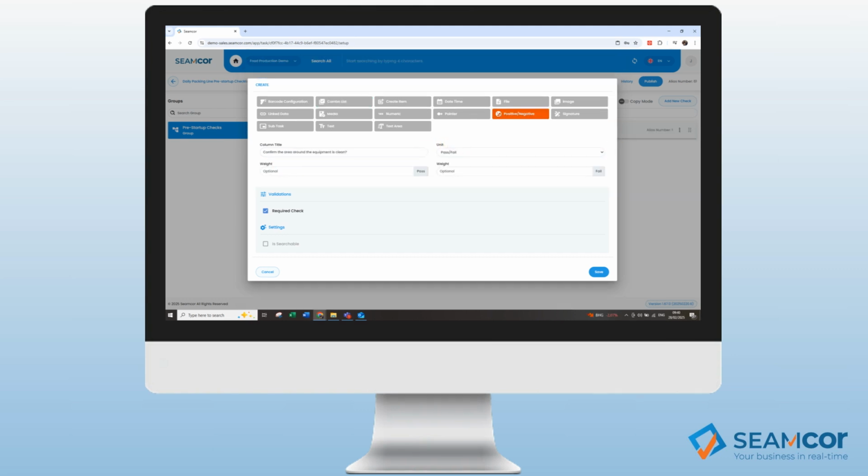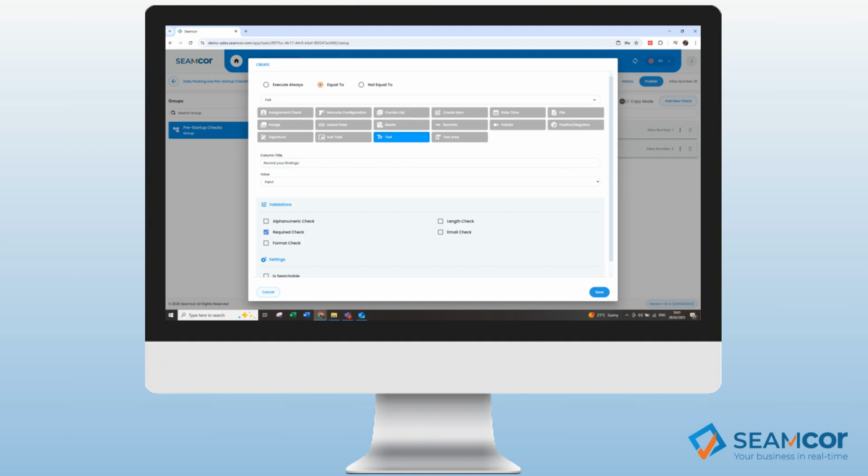The next 3 questions in the task are positive or negative checks with pass or fail units. Here is one of the questions we have set up for this task. Now we have also added a trigger for the previous questions. Should the answer be equal to fail, it will trigger for the user to capture their findings with the text